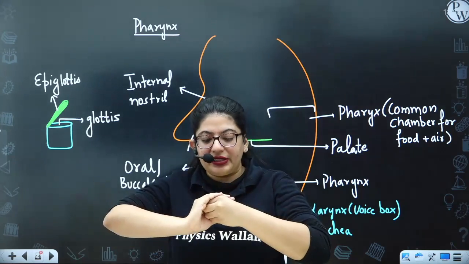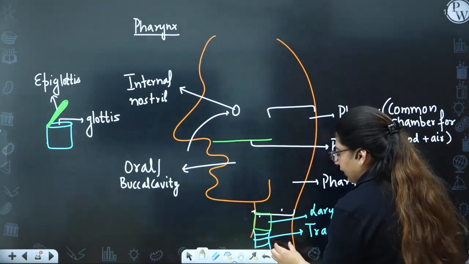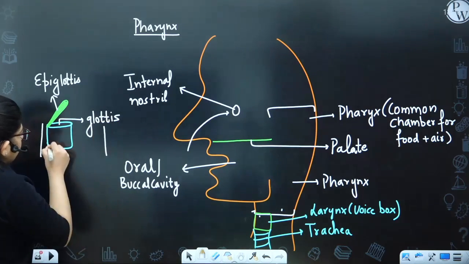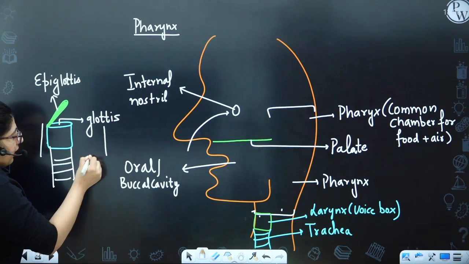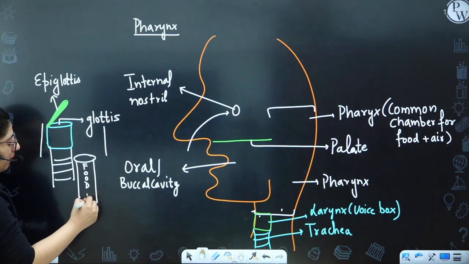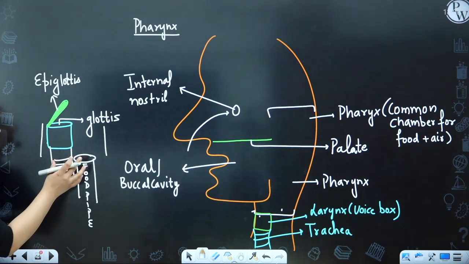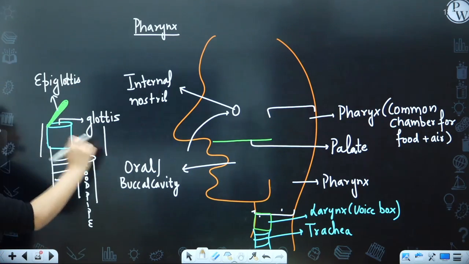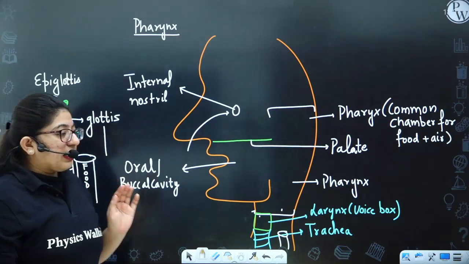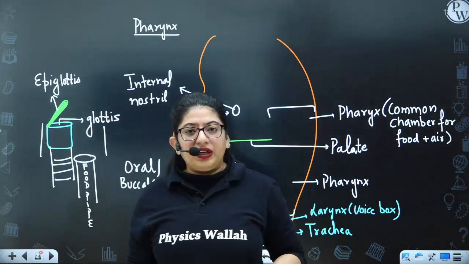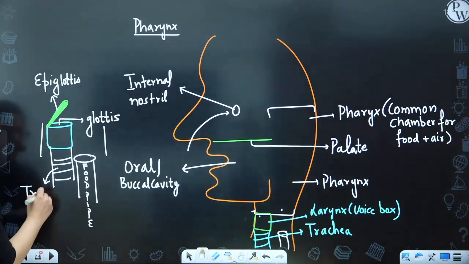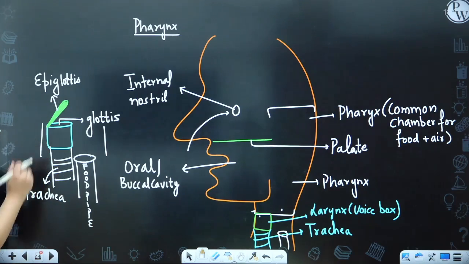Fine. Now what happens is, if I have an opening here, here is present the esophagus. If this is your neck, this is your trachea. Here is present the esophagus, your food pipe. So whenever you are eating something, the food will come from here. Nature wants that whenever you are eating, the food should not enter into the trachea. So nature has given this cartilaginous flap-like structure known as the epiglottis.